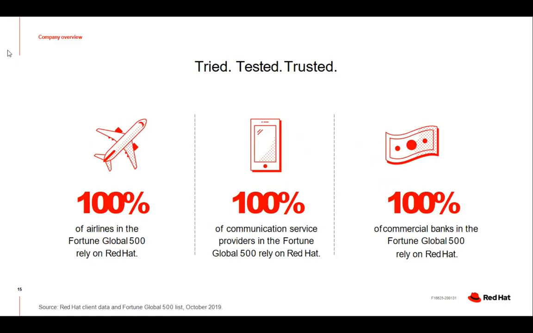Who are our customers? If you look at Red Hat's customers, I already explained before that 90% of the Fortune 500 companies are using Red Hat, out of which the major use cases you can see in the field of airlines, telcos, and banks. Okay. When I say banks, I would also like to cover the financial institutions like stock markets, other financial institutions, banks, along with, so I will consider this as a BFSI sector.